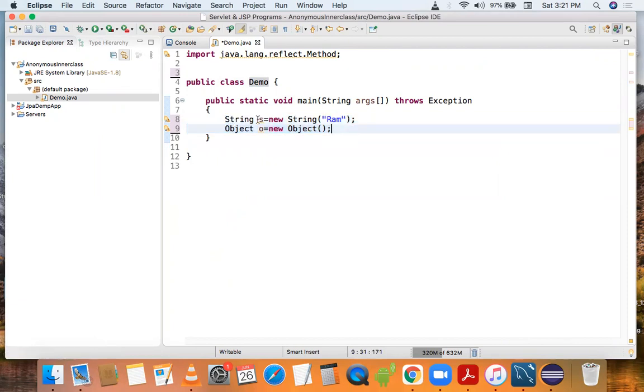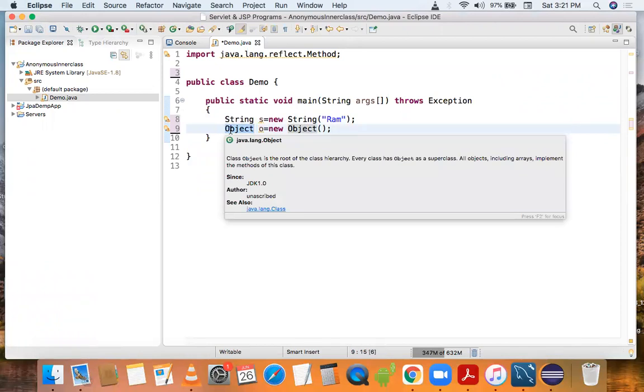First one is a string object, second one is an object object. In this phase, it will load three classes: first is the demo class, second is the string class, and third is the object class. So in this phase, it will load three classes in the memory area.